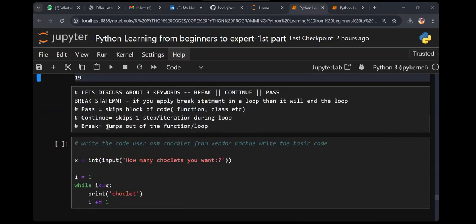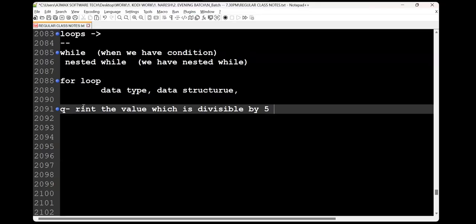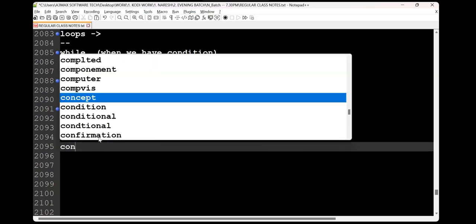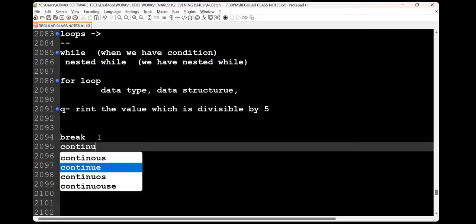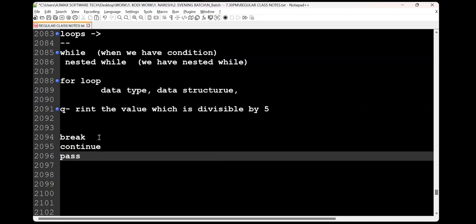Okay, let's discuss three keywords: break, continue, pass. So the next keyword is break, continue, pass. Let's see. You drive a vehicle. When you brake, what happens?